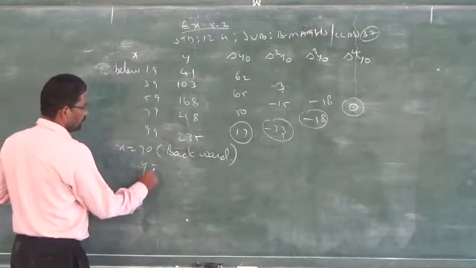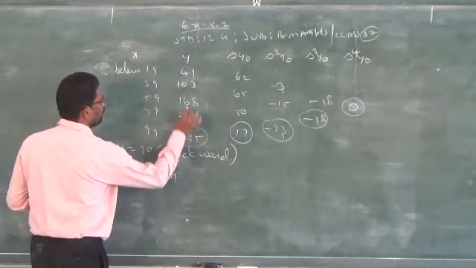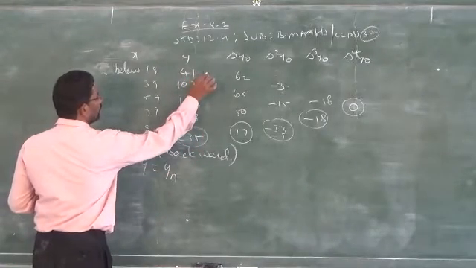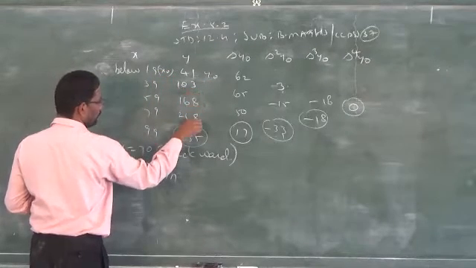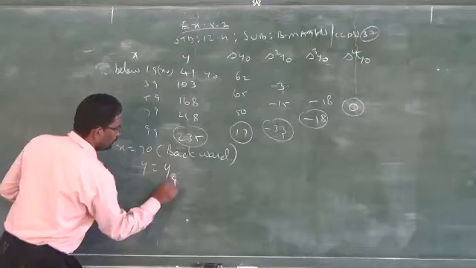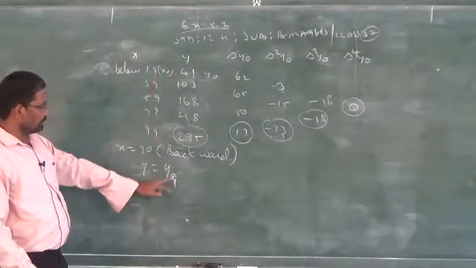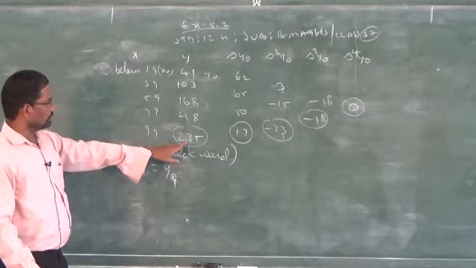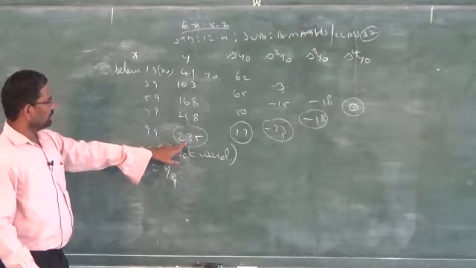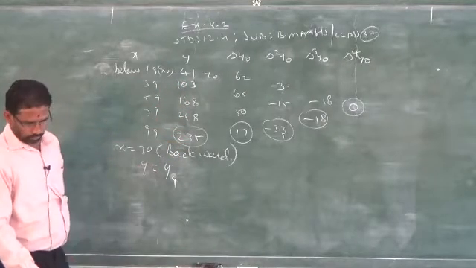What is the backward formula? y_n, where y_n means the last number. Here we have y0, y1, y2, y3, y4, so you have to write y4. Whereas in the previous forward formula you used y0 because it is the first value. For backward, you have to take the last value. What is the last value? In the variable y, it is y4. Clear?